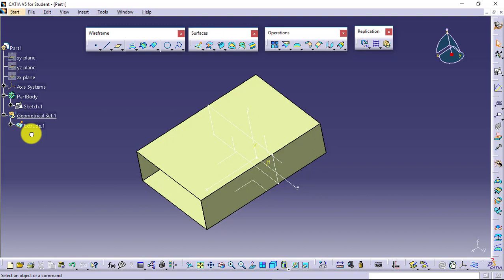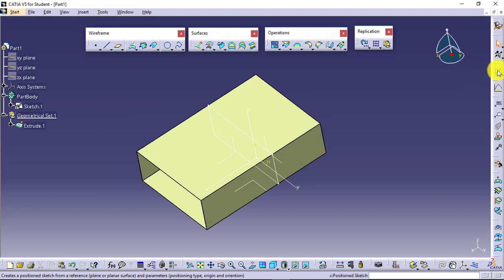When you use a geometrical set and when you don't use a geometrical set, in the part design only we had discussed that whatever references we have, it goes into geometrical set. Okay, so in this particular case I had created it when part body was defined, and when I had created a feature, this geometrical set appears, and the feature goes into geometrical set only. Now what I will do, currently geometrical set is defined, this underline is showing that.